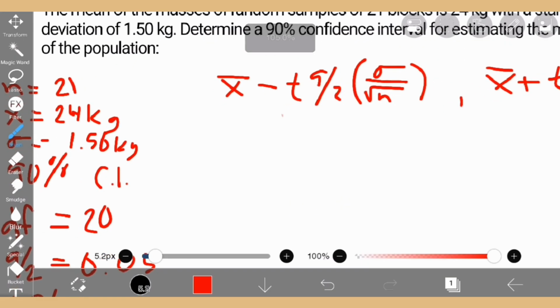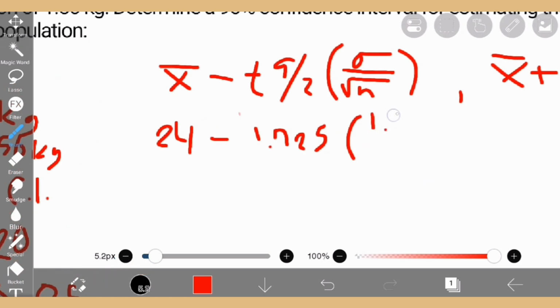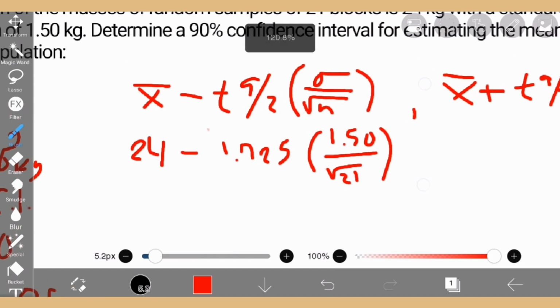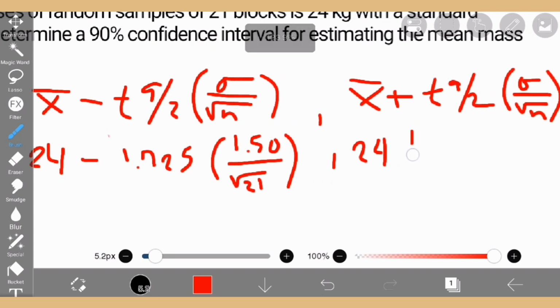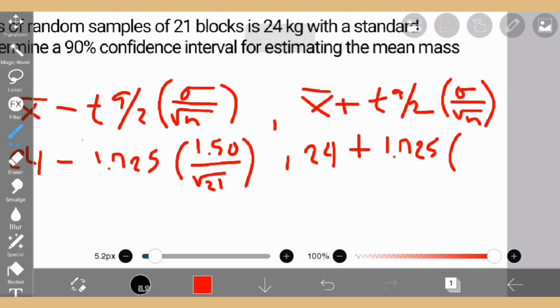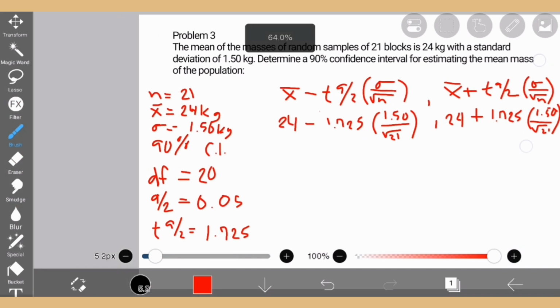We're gonna substitute that, so that's gonna become 24 minus 1.725 times 1.50 over square root of 21. Then write another 24 plus 1.725 times 1.50 divided by the square root of 21. So this is gonna be a long